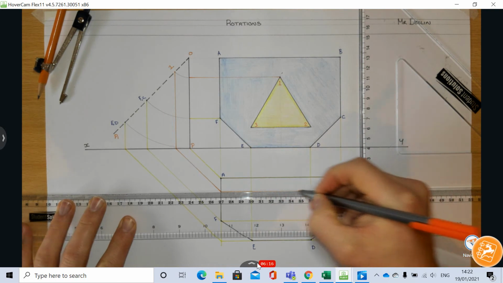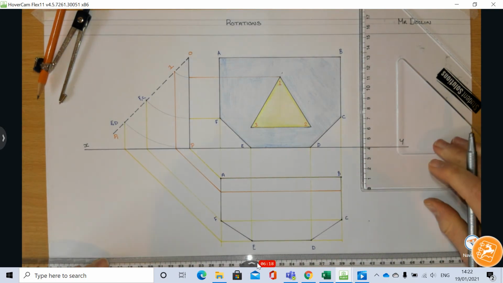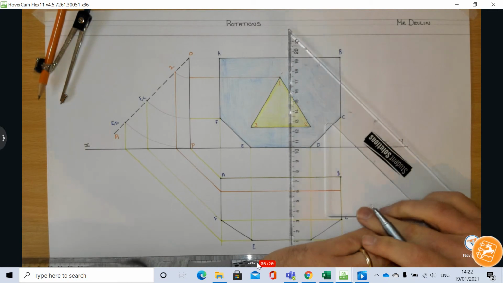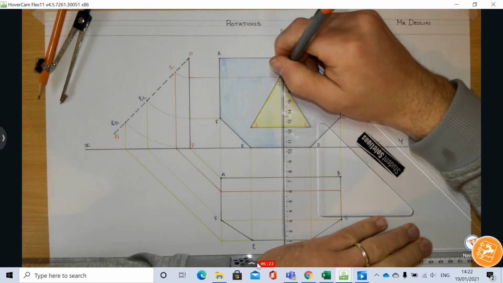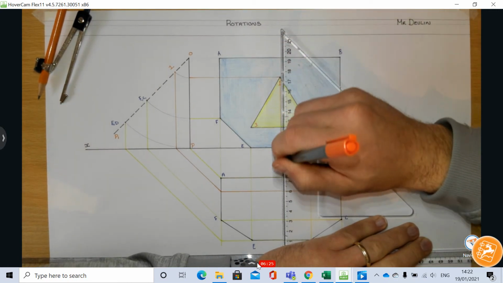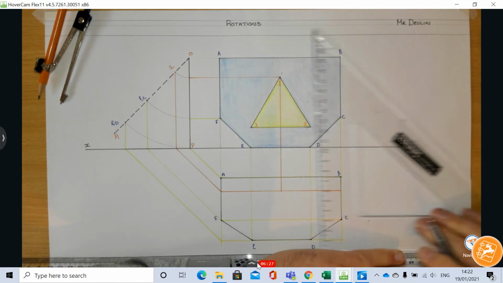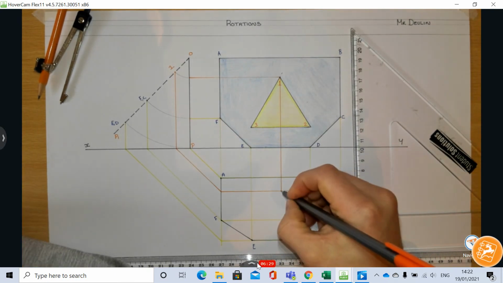So now I know that point 1 is located somewhere in that line. So if I drop or project my line down from 1, where that crosses gives me the new position